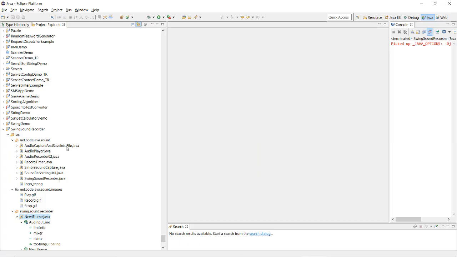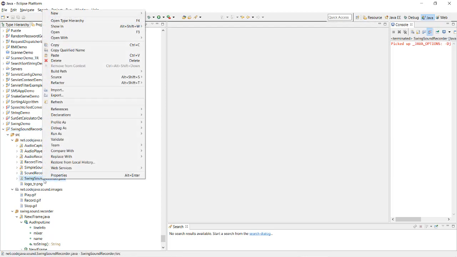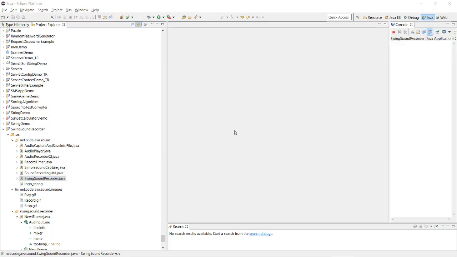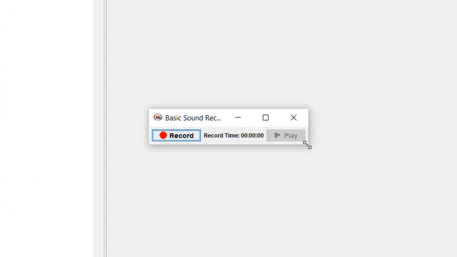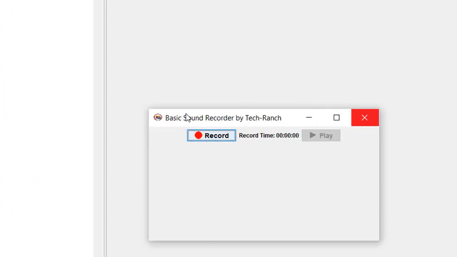So this is my Eclipse IDE, and here is my application Swing Sound Recorder and my SwingSoundRecorder.java file. Since it's a Java based application, it will work on the Java console. So you can see my window here. Basic sound recorder by TechRanch, record and play. So when I click on record,